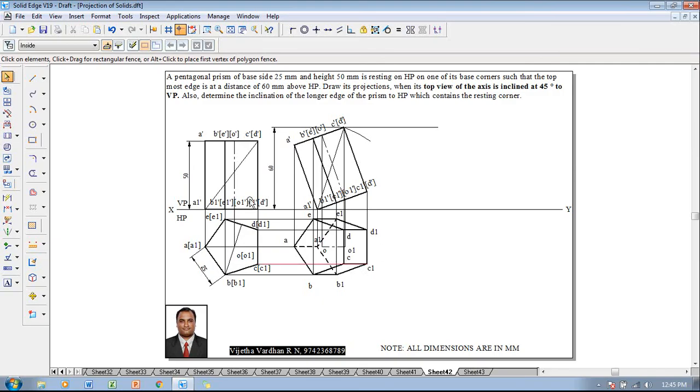In this figure, one can see that the axis O1 is getting reduced to a certain distance, from 50 millimeter to 16.75 millimeter. But they are already stated in the top view. So henceforth you need not worry about the construction of an apparent angle. Straight away the axis has to be rotated at an angle of 45 degree to VP.